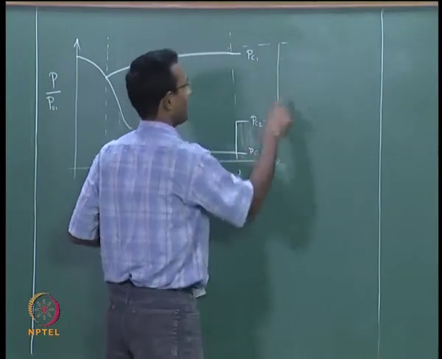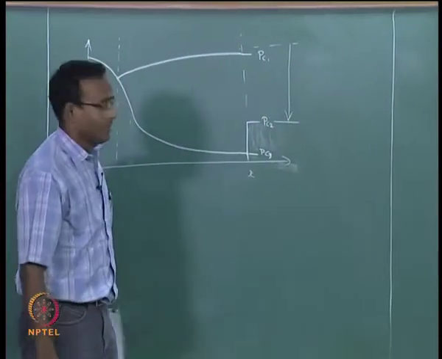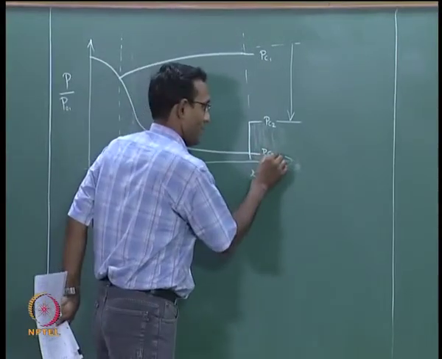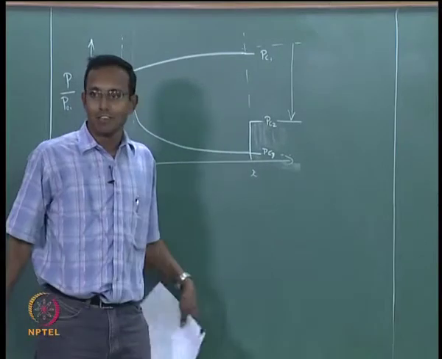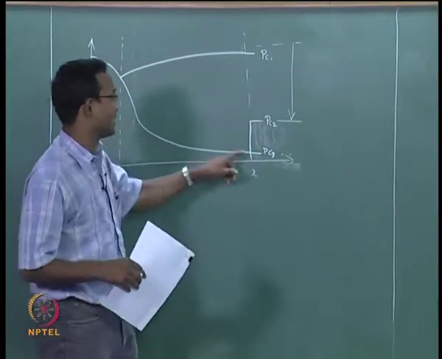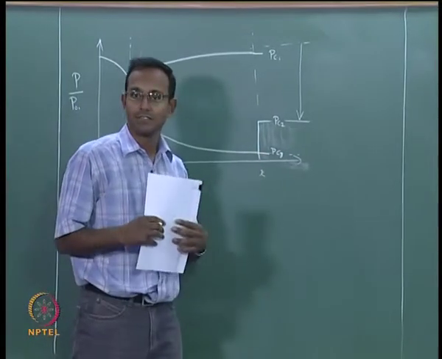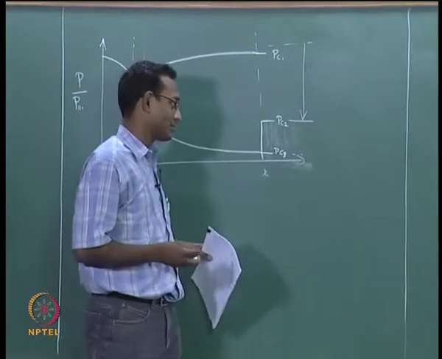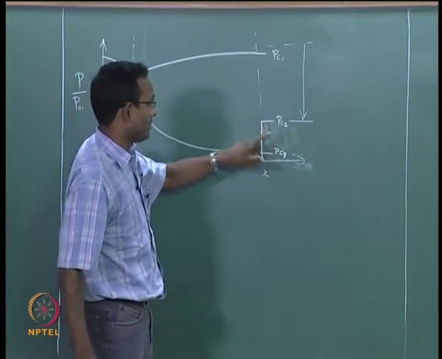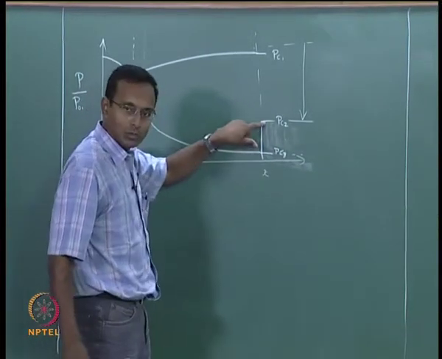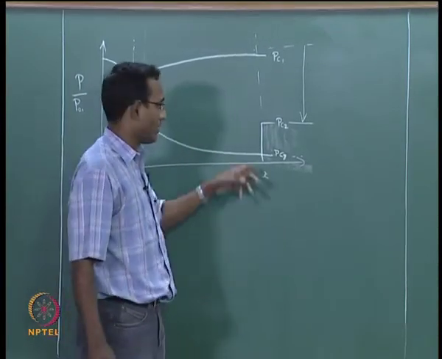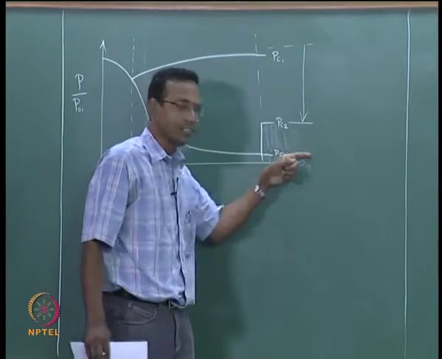all the way down to here we have solved. And I also gave you a very special case that if Pb equal to Pc3, then also I can solve it. That is, the flow is fully supersonic and it comes out also as a supersonic jet, that also we discussed. We have left out a huge range of pressures here just below Pc2 all the way down to 0 pressure value, which may be very low, except for this one point Pc3.